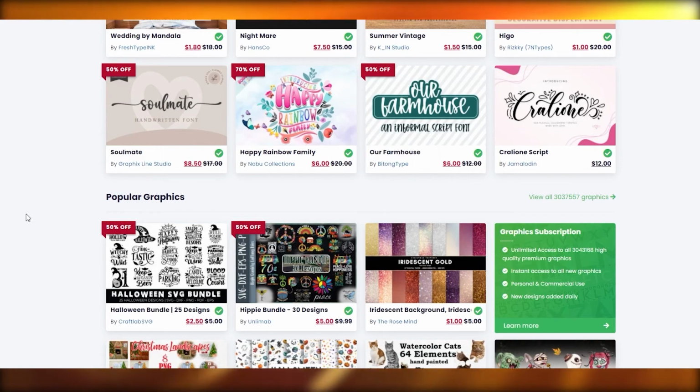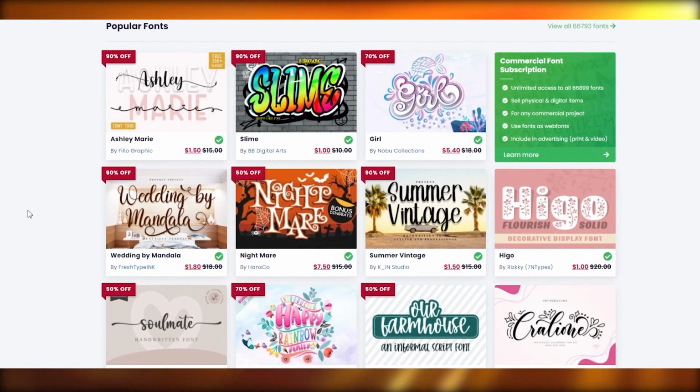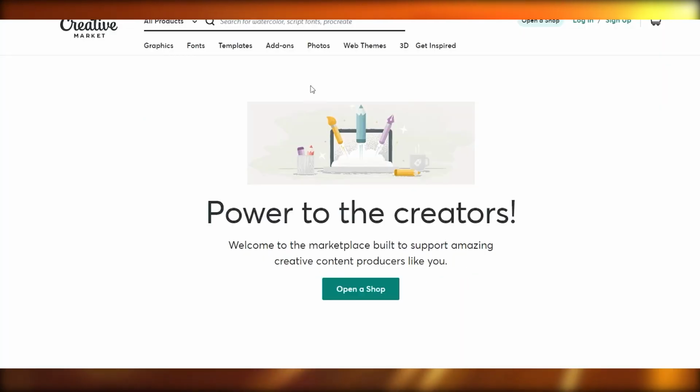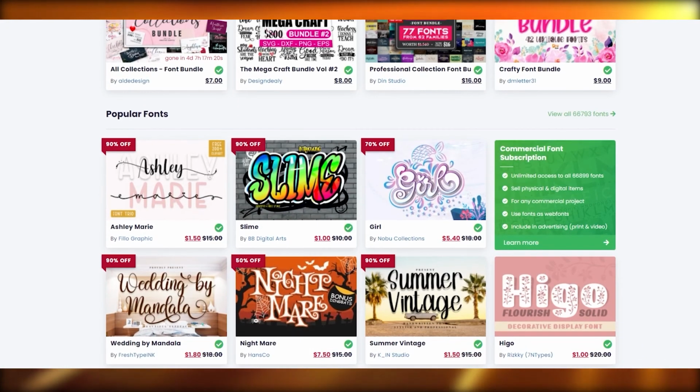Now, I'm sure you've noticed a pattern over here. What I'm trying to do is, as you might have noticed, that all these websites that I have shown you guys, they all have vector images or PNGs and stuff like that. Now, why do you think I'm showing you this? It's because these websites will give you images and illustrations and PNGs that you can use to make products